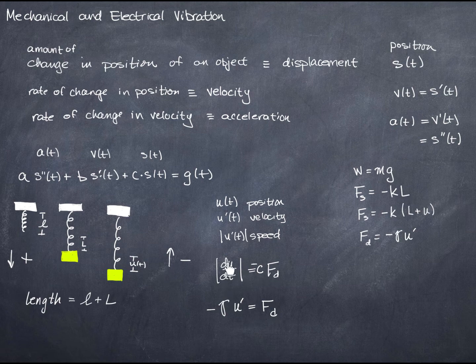Okay, I'm going to erase a little bit of this stuff here. In fact, let me do that first. And then I want to just make a quick point, a reminder here, that we know a position function, its derivative is velocity. The magnitude of velocity is speed. If you make velocity positive, we call that speed. And if you take the second derivative of that function, the second derivative of a position function